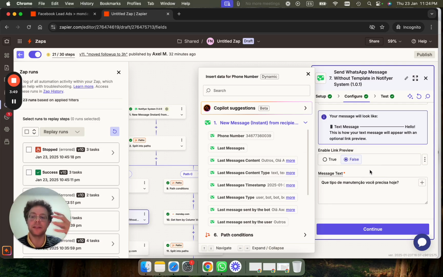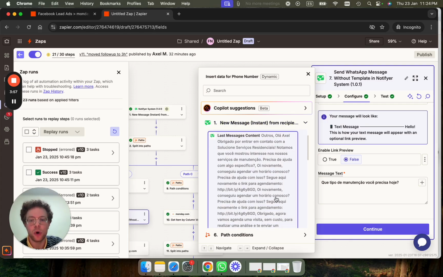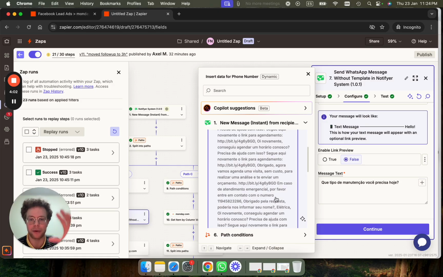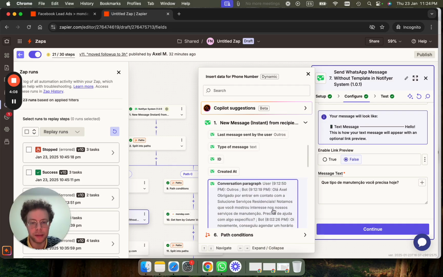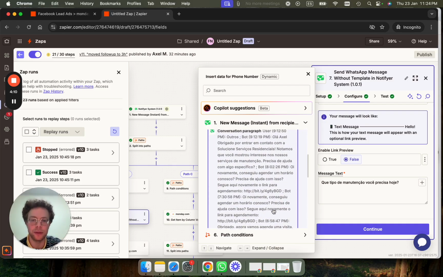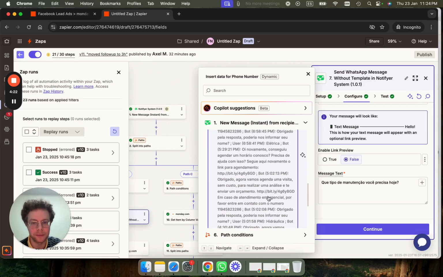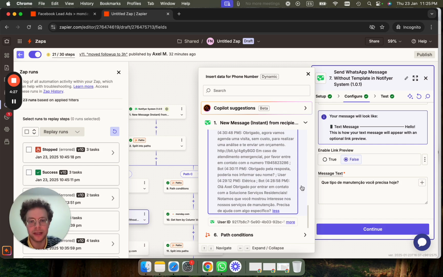And the cool thing, especially if you're gonna build logical scenarios, and especially for AI, is that you get the last message content, which is all the conversation, all the text of the last messages the user and the bot have had, put together in a paragraph. So you can analyze for certain words. And then you also get it in a format which is better for an AI to understand. So you can see the user said at 9:12 otros. Then the bot said, "Hi Axel, thanks for." Oh, sorry, it starts from the back, I think. Anyways, you have the full context of the conversation, and it says who said it and at what time,